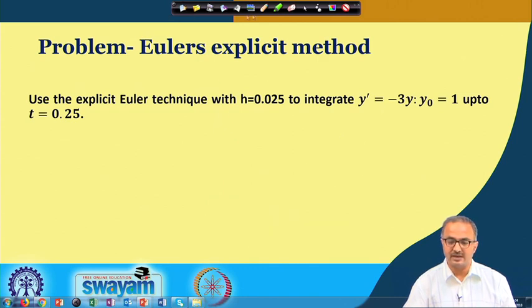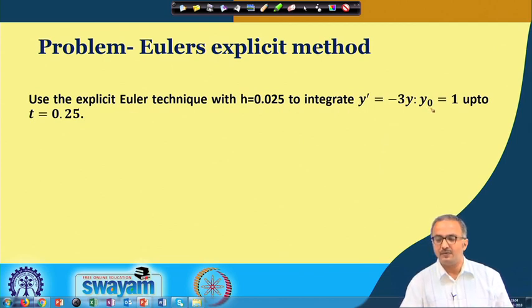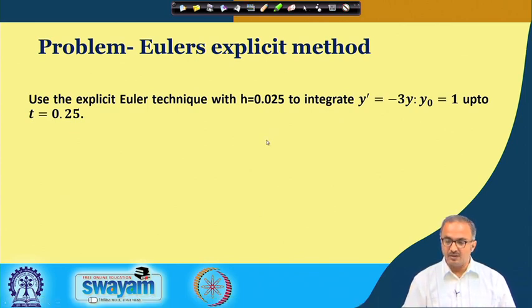So, with this understanding, now what shall we do? We shall try to understand how to find the value of y given that this is the y0 at 1. And we have to use Euler's explicit method. I will not go into the derivation of this method. I will simply demonstrate it by one example, and I understand that you can understand this method. Okay, so let us go like this.